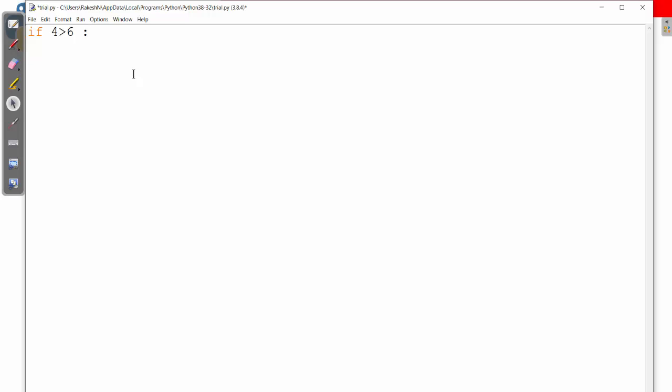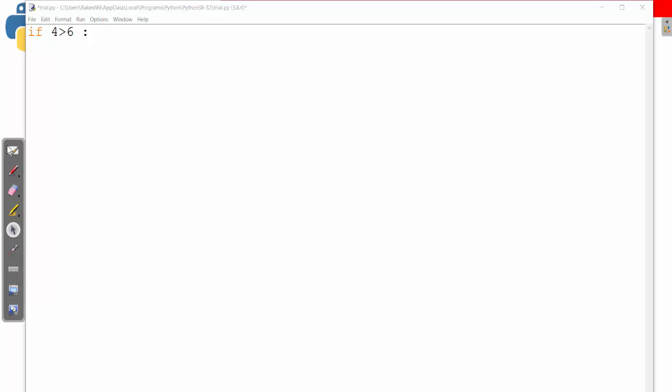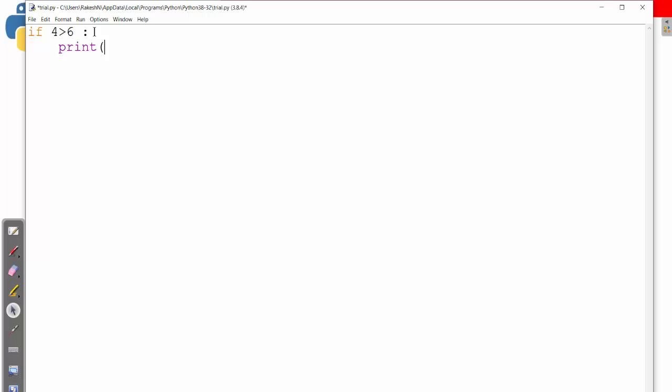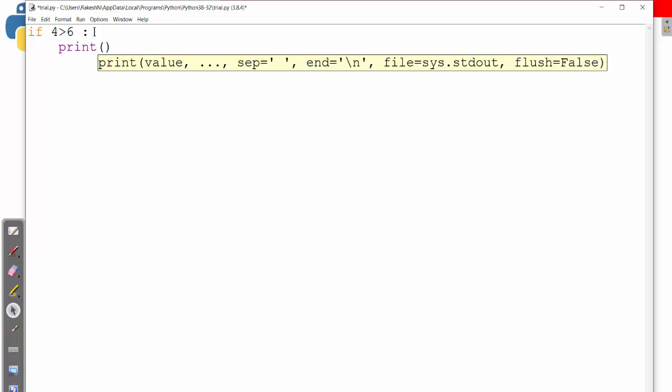You see, when I press enter, automatically the cursor starts blinking not at the beginning but after some space. So after this I write print with some statement, like 4 greater than 6 is true.